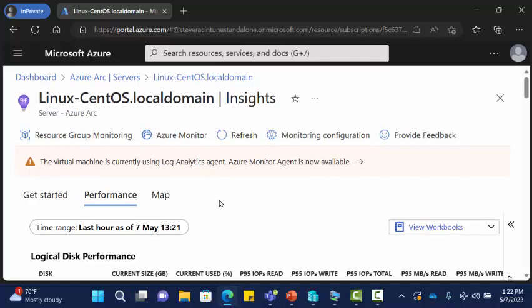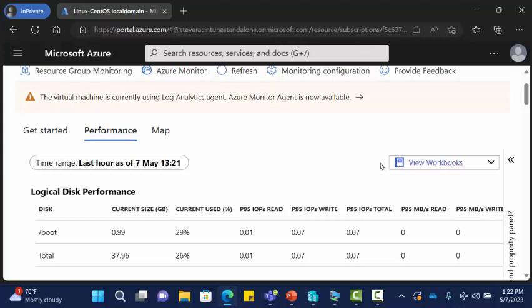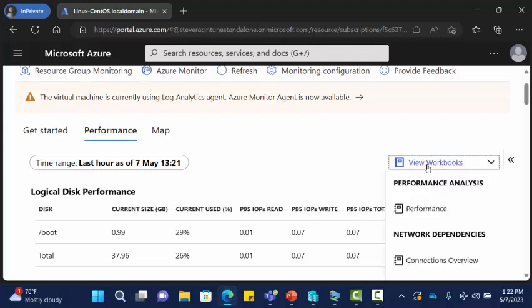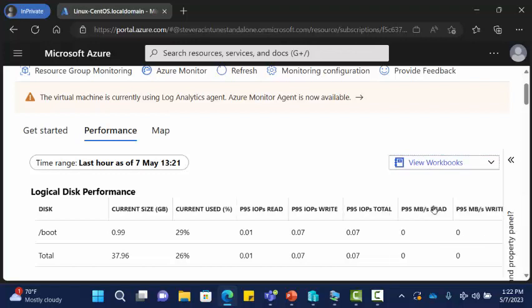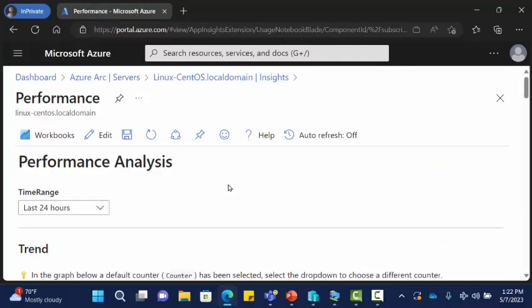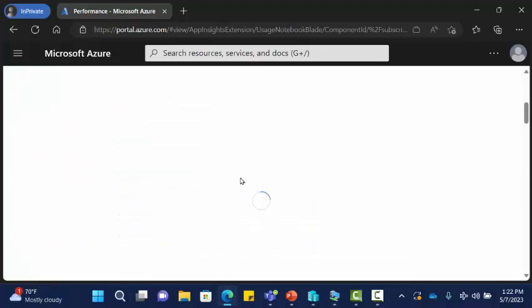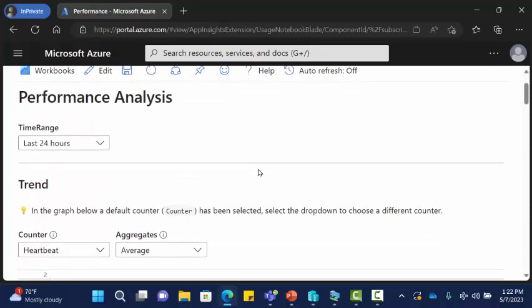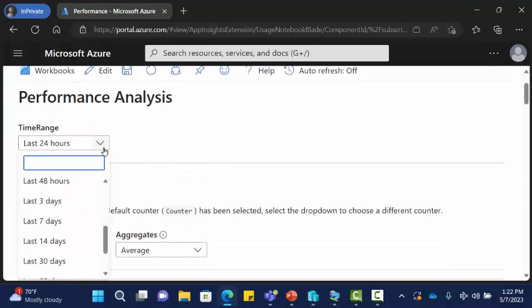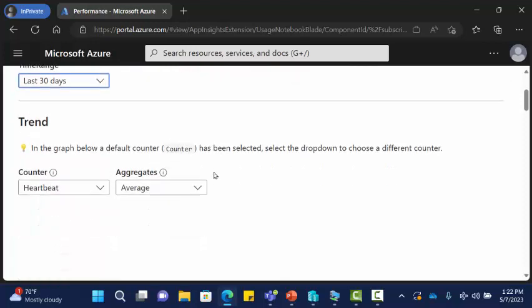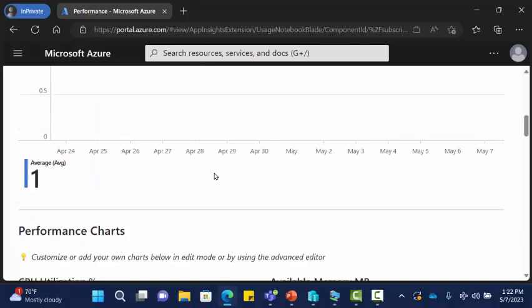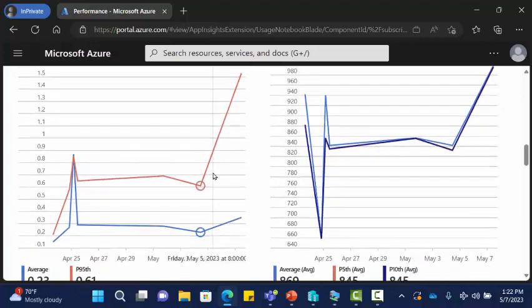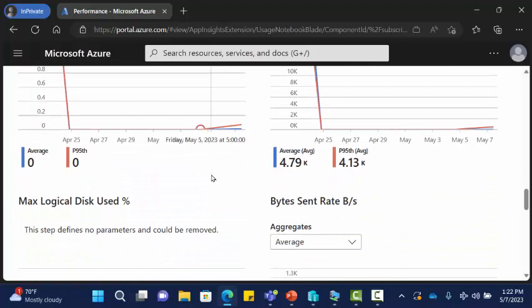Let's see. Let me look at the performance analysis. So it's going to be similar, right? But it's going to break it down differently. So here we're building similar kinds of graphs, right? But we have some trending. We can do it in certain periods, last 14 days, 30 days, whatever. Mine haven't been up that long, but let's just see. We'll get the performance charts and how things work and the overlays, and again,